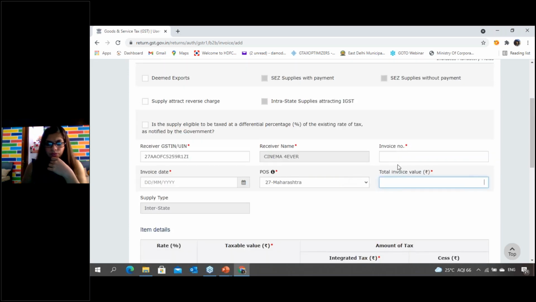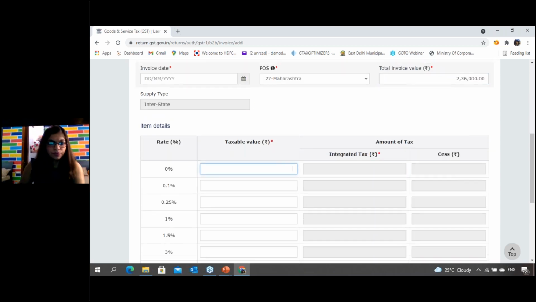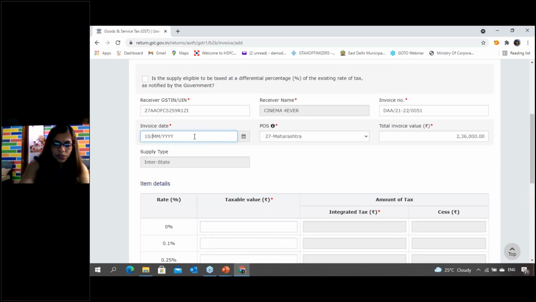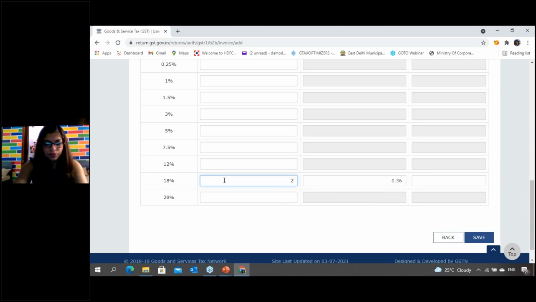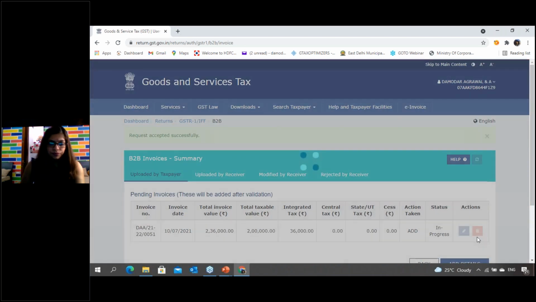Okay, I'm just writing the invoice number. So I'm writing it as 0051. Total invoice value as 2,36,000. Date of the invoice as